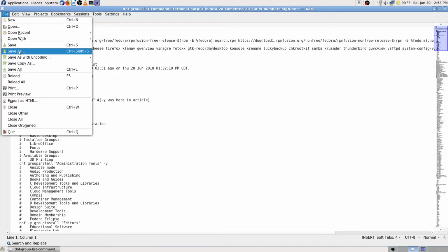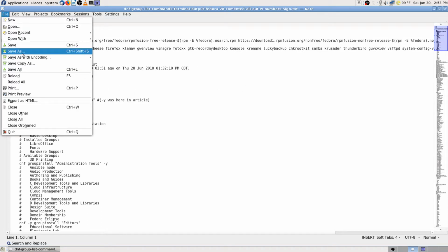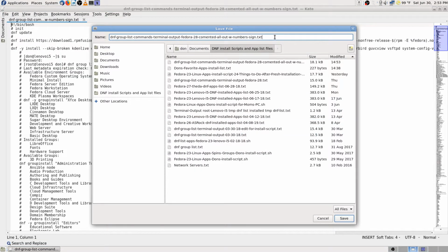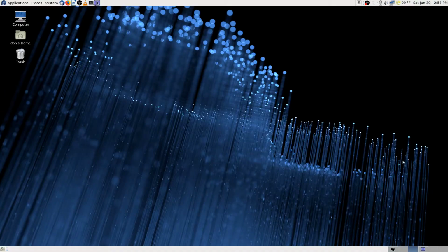Okay, save as. First, I'm going to save that because I just did some editing. I'm going to keep it as a text file, but I don't want to lose my work somehow if I do anything wrong. So save as, and I'm going to make s.sh. Commented out with numbers. Okay, that'll be good enough. I might change the name later, but right now that's good. I know what it is. It's the script made from that. Now,